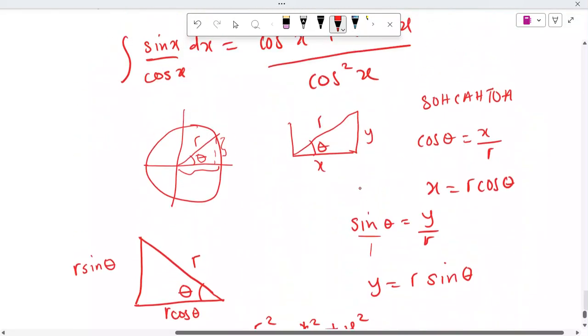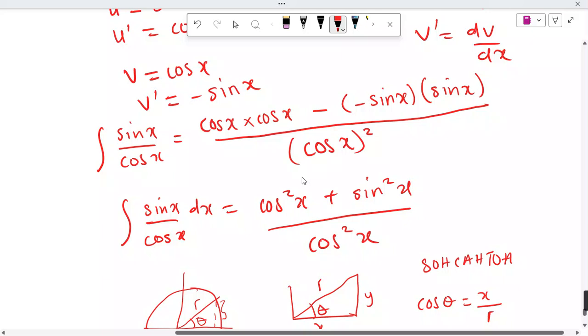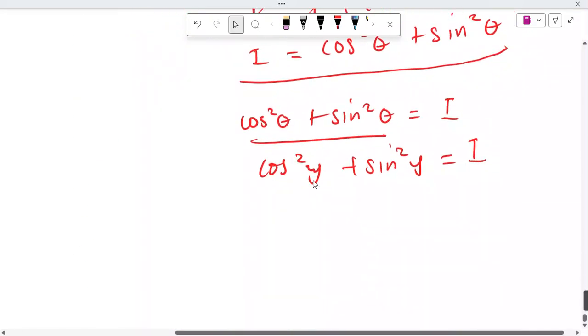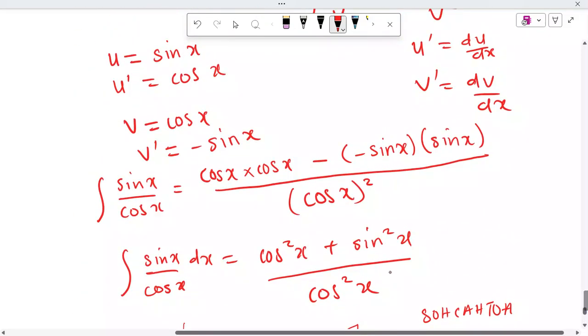So coming back to our equation, on top it will be just 1. This is the identity which you have to know. Every time you see this, you just substitute 1. So I've shown you how to derive it. So on top we'll just have 1